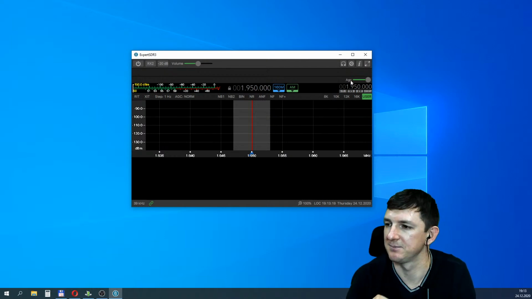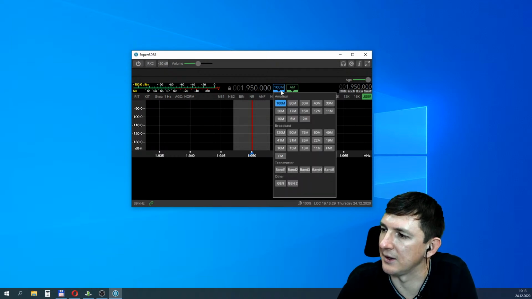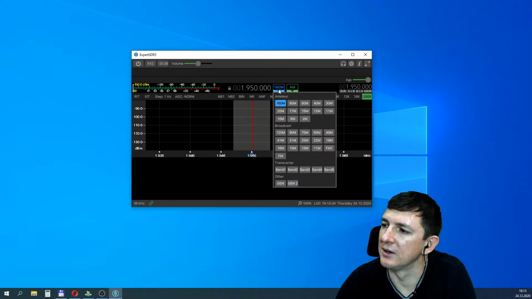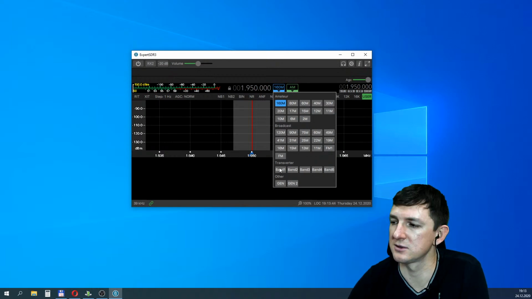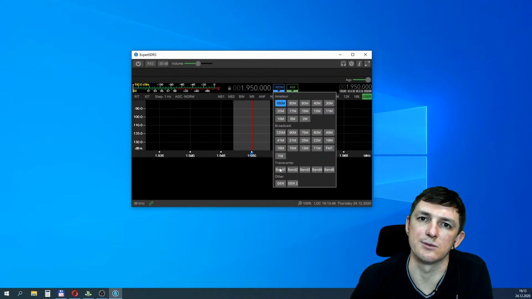Now here is the standard classical frequency scale, frequency lock. As you see, the band button is just one button with a drop-down menu, and now we can see all amateur bands, broadcast bands, and transverter bands, because Expert SDR3 software will support transverter mode.